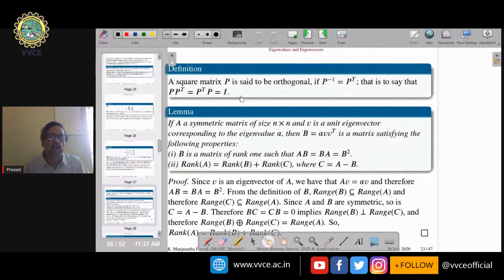So I'll have to introduce this orthogonal matrix. A square matrix P is said to be orthogonal if P transpose happens to be its inverse. That means P into P transpose is the identity matrix. Similarly, P transpose P is identity. Here, we will have to observe one thing. If A is a symmetric matrix of size n by n, then you can observe that there exists an eigenvector corresponding to a real eigenvalue. Here, without going into depth, I am assuming